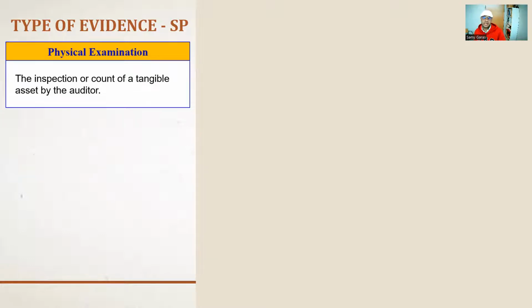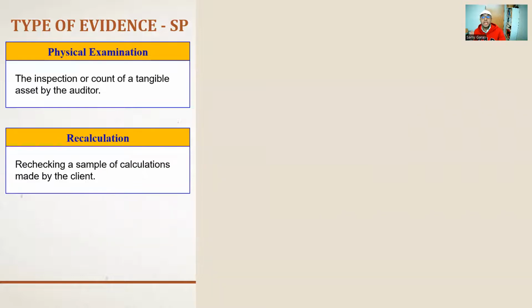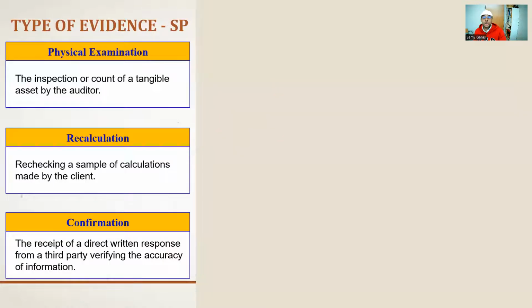We call it physical examination, or recalculate all the transactions, or send confirmation to the clients or to the suppliers and get confirmation from them, because we don't trust the accounts receivable or accounts payable of the client.